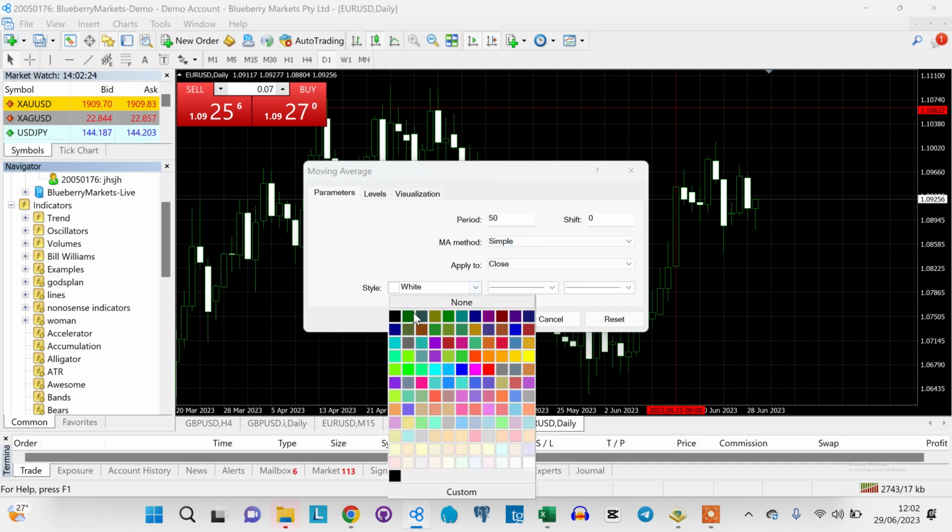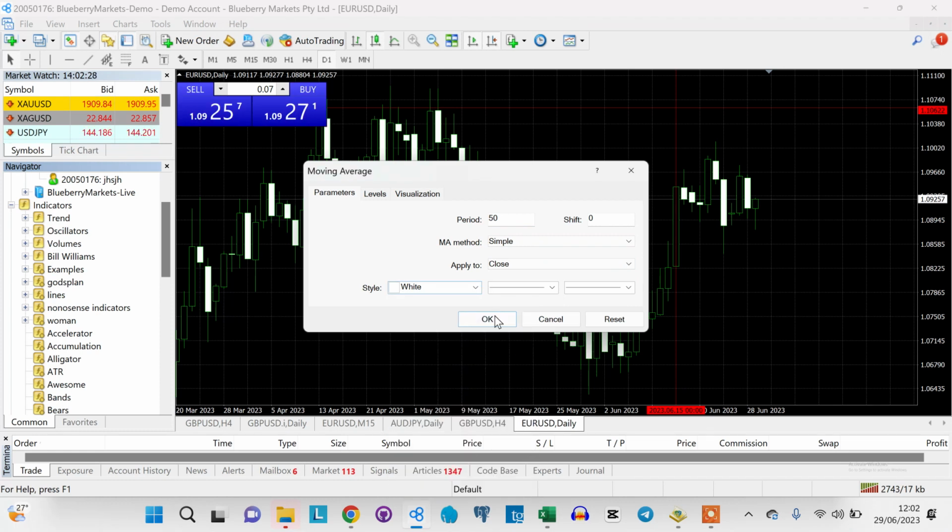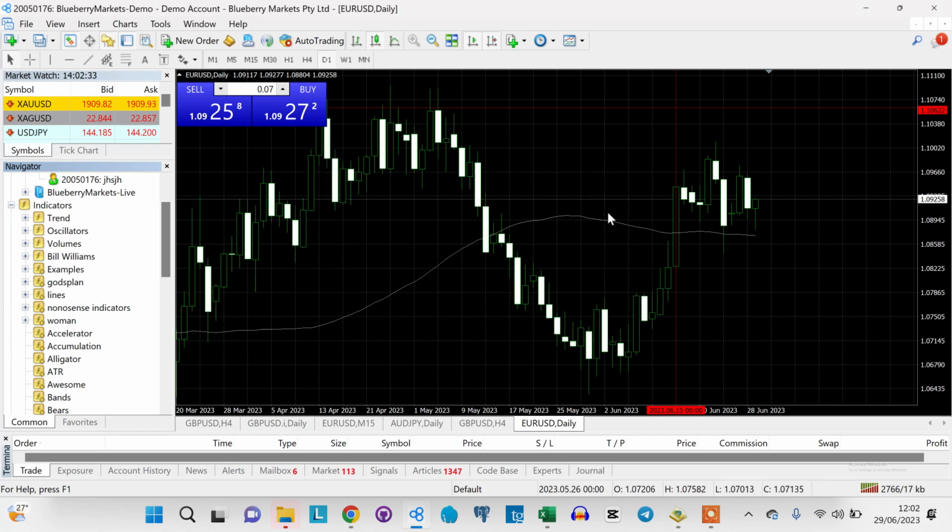We want the style to be white. You can actually choose any color you like. I prefer using white so I'll see it clearly. Once I'm done, I click on OK, and boom, the indicator comes on the screen. So these are the basics you need to know about